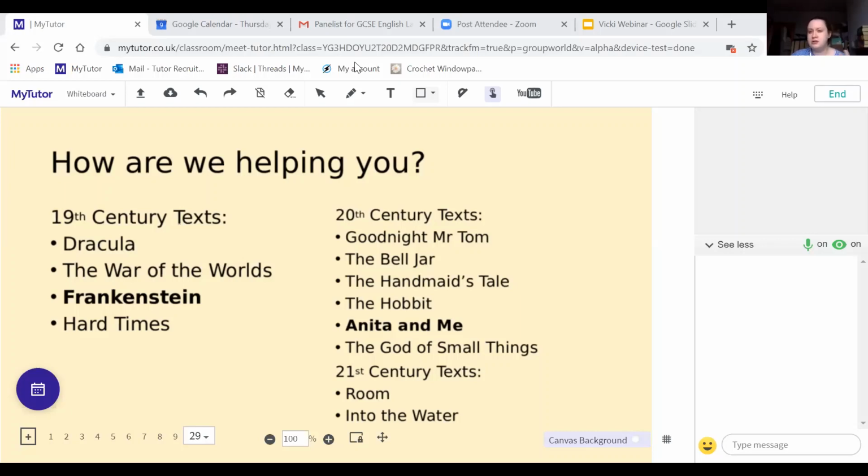You do look at sort of language features and devices like we've been looking at, but you wouldn't be looking at them at sort of in-depth paragraph level like we've been looking at in the exam, because you don't have the text in front of you and you're looking at the text as a whole rather than this, which is a small extract of texts. Yeah, again, so poetry, that would come under literature, so I'm not going to go over that.